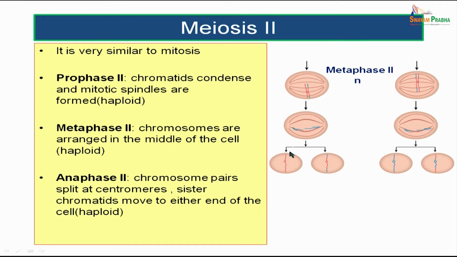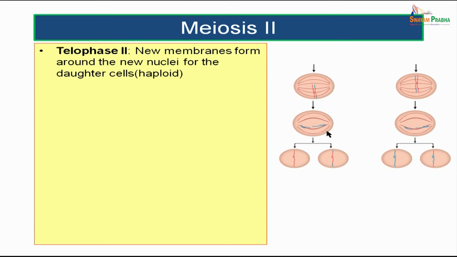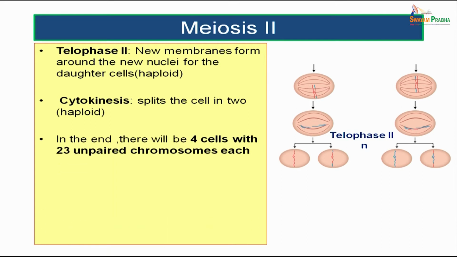At anaphase, the chromosomes split at the centromeres and the sister chromatids move to either end of the cell, and it is again haploid. Telophase is the phase at which new nuclear membranes are formed around the chromosome material. And in cytokinesis the cells are separated, and now we have, at the end of meiosis 2, 4 cells